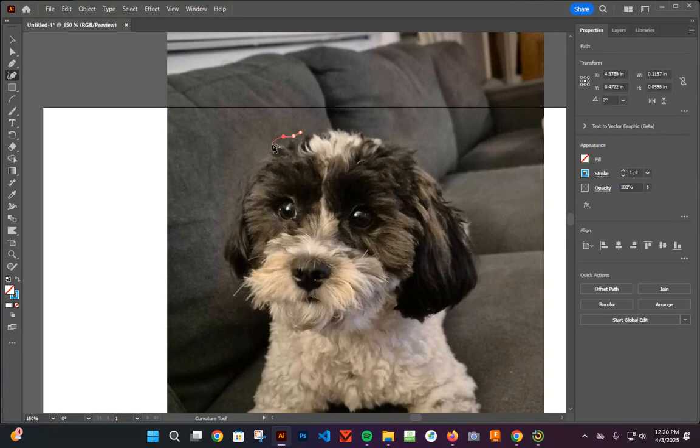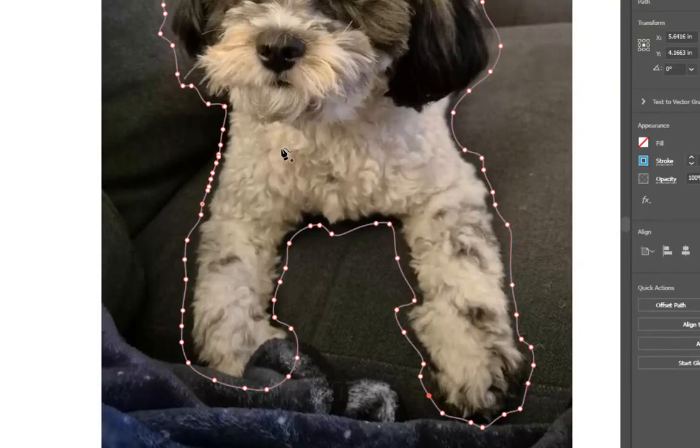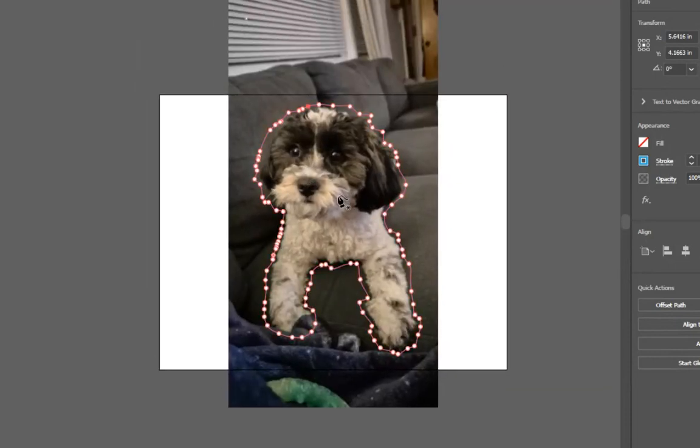So as I click around, I'm creating a shape that is outside of the outline of Winnie. So this is going to be a shape that is bigger than Winnie, because the shapes that make up her body are going to have to be within this shape, and I still want the edge of this shape to be visible. All right, so there's the outline,